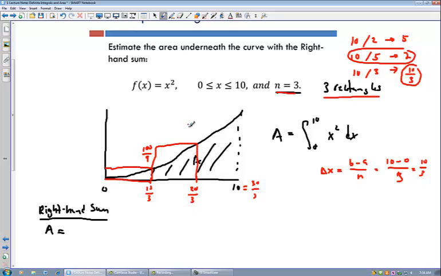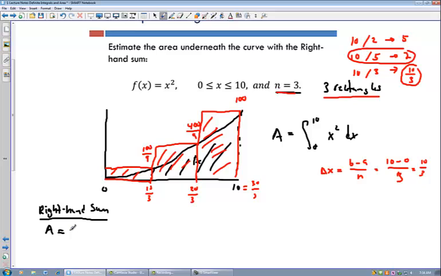All right. And now, again, we use the right endpoint and go up and over. And so this is 20 over 3 squared, which is 400 over 9. And then this is 10 squared. So again, right endpoints. The right-hand sum uses the right-hand side, the right endpoint. And this is just 100 because 10 squared is 100. And what we want to do is compute these areas. Now, you see you're not going to get a very good approximation because you have a lot of area on the outside. And that's obvious because how many rectangles did you use? You used 3. So it's going to be a terrible approximation to the area,